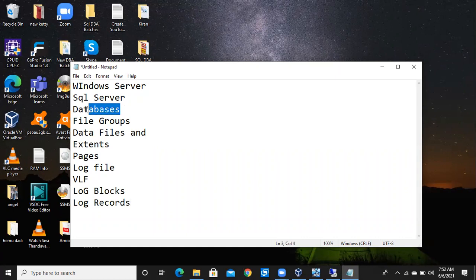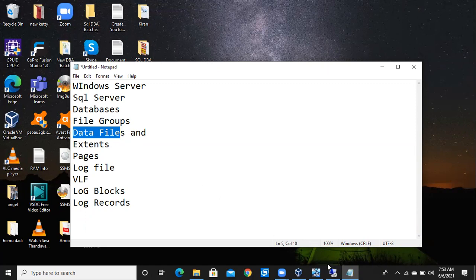So now I'm going to create a database, right? Just to understand the file groups and the files, we designed the hierarchy like this. This is the Microsoft SQL server architecture. We cannot change this architecture. In SQL server we'll have databases. In databases you will have file groups. In file groups you will have data files. As of now, this is fine for today's class.